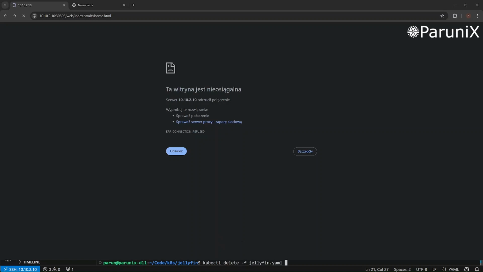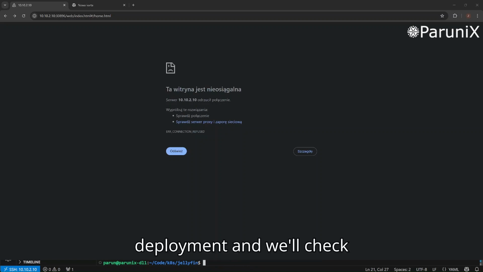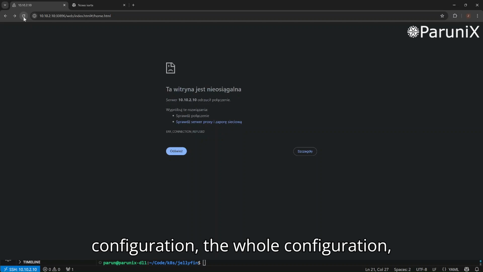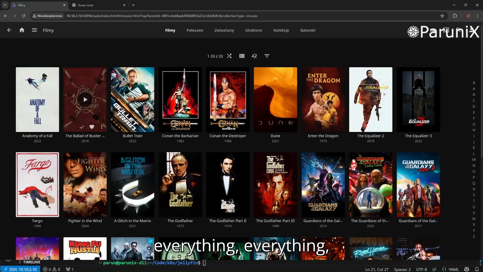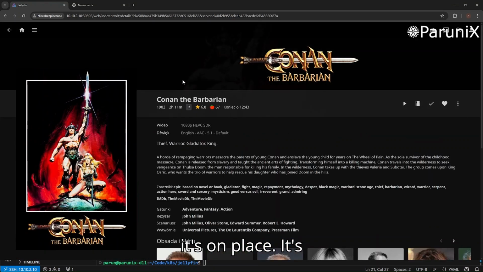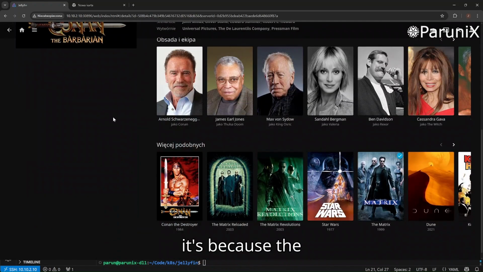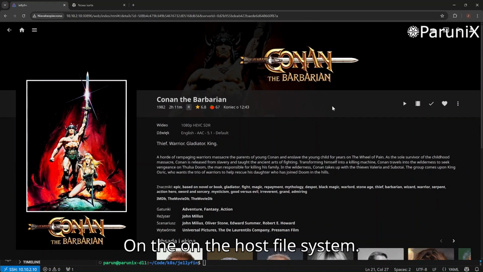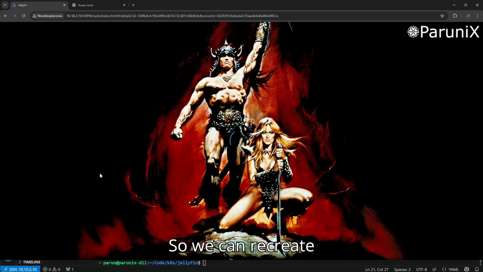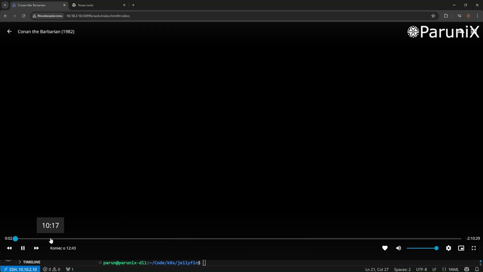And we create the whole deployment again, and we'll check if the whole configuration and the movies stay. And we see that everything is in place. It's because the config file is permanent on the host file system, so we can recreate the